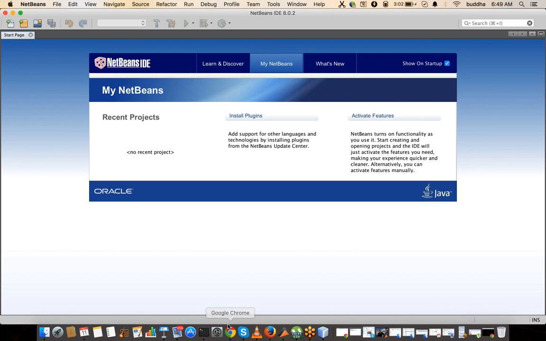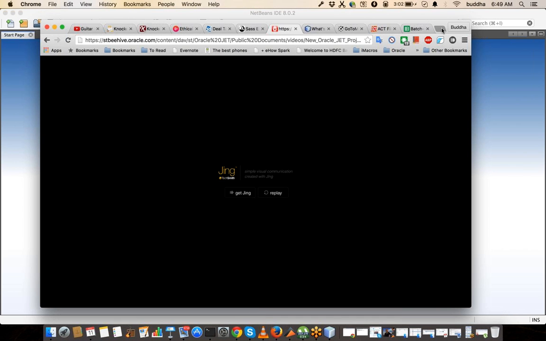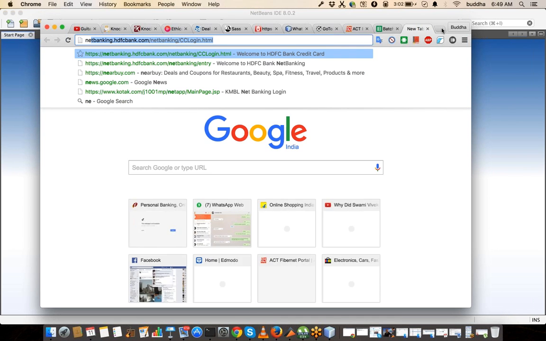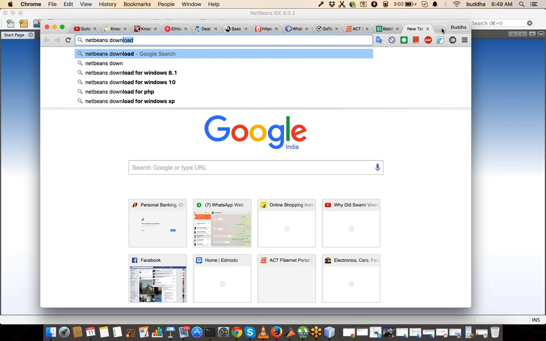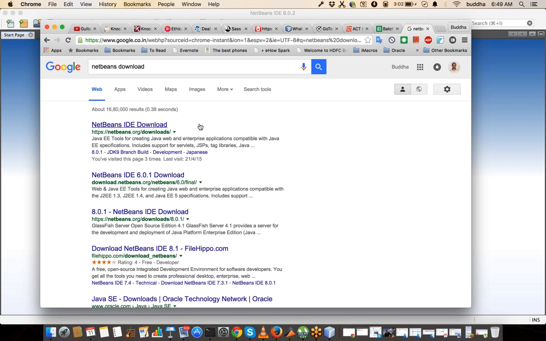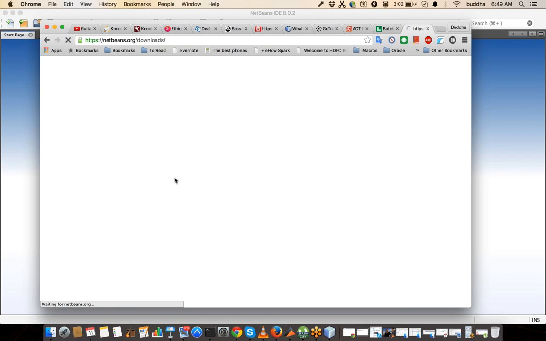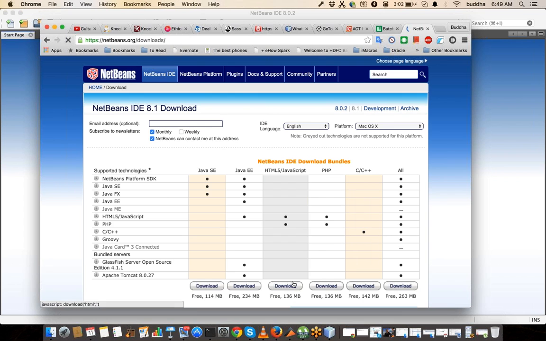Just search for NetBeans download. You should be able to go to the page where you will be able to download NetBeans. It's pretty easy. See, there is a Java SE version, a Java EE version, so there are different flavors of these things. I would suggest you download